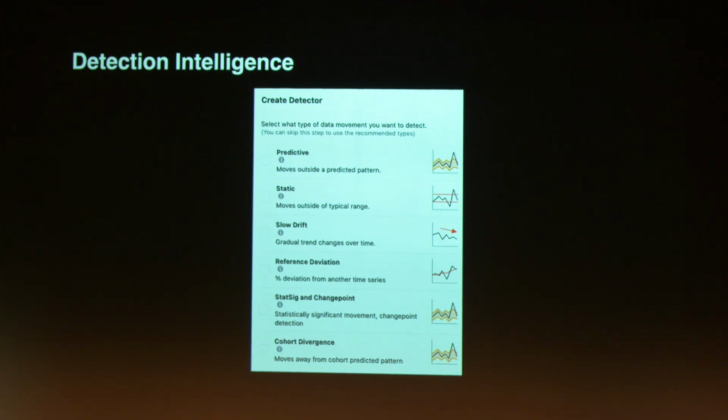We also have multivariate algorithms. One you cannot see here is the global model that we maintain, and we tune it for our use cases. The other one is cohort divergence. I'm not going to go into detail because these are developed by our data scientists, and we as system engineers take them and implement them.